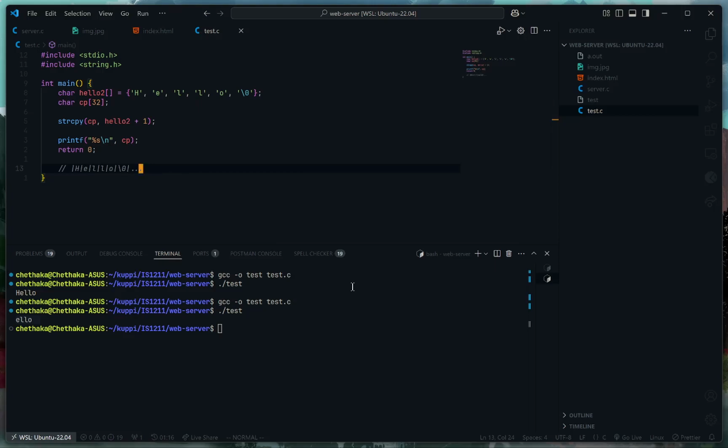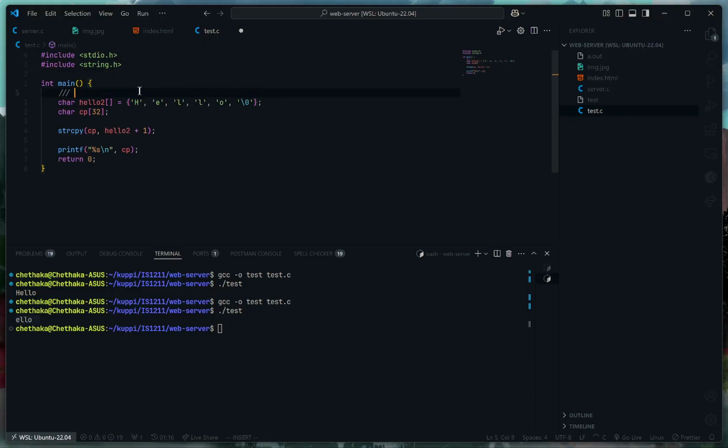So since that's out of the way, let's talk about a couple of functions we need to process the HTTP request. The first one is strtok, which stands for string tokenizer. So what it does is that